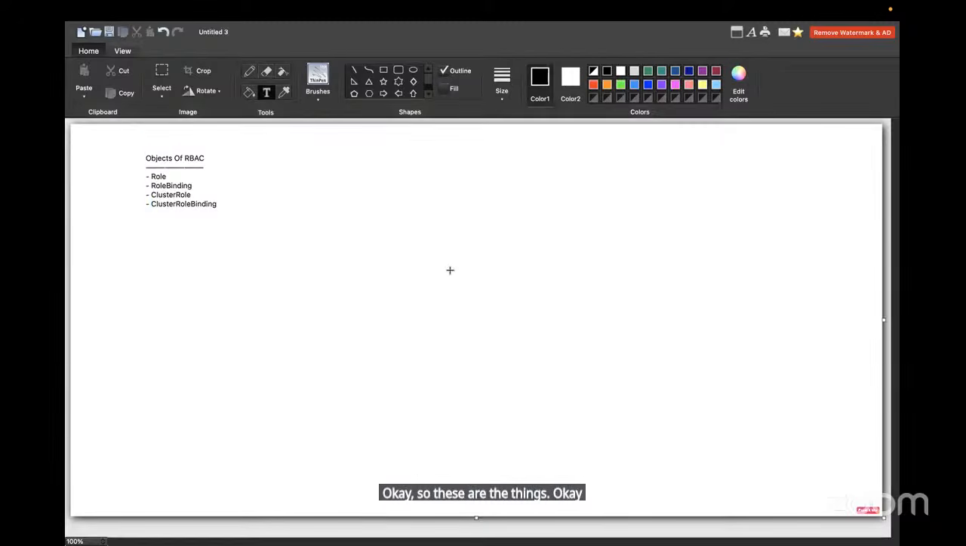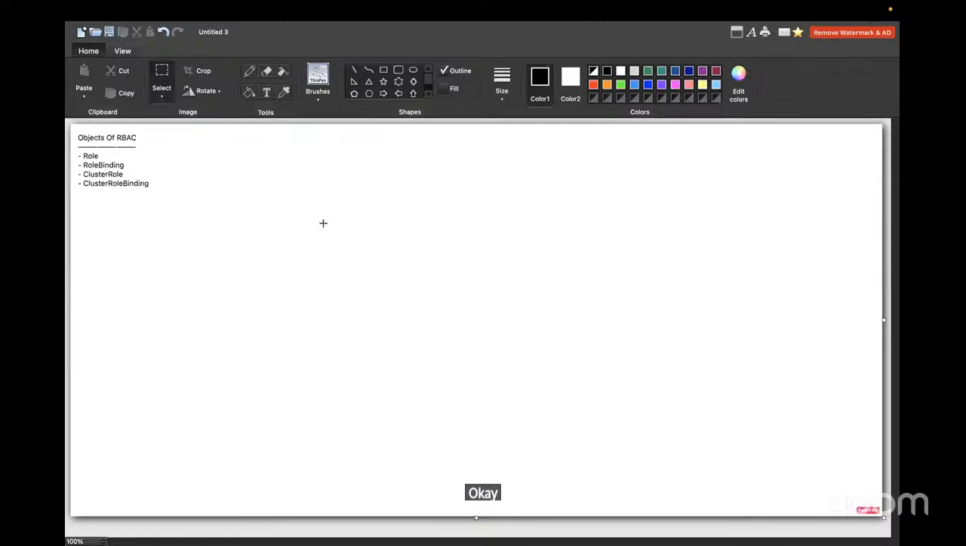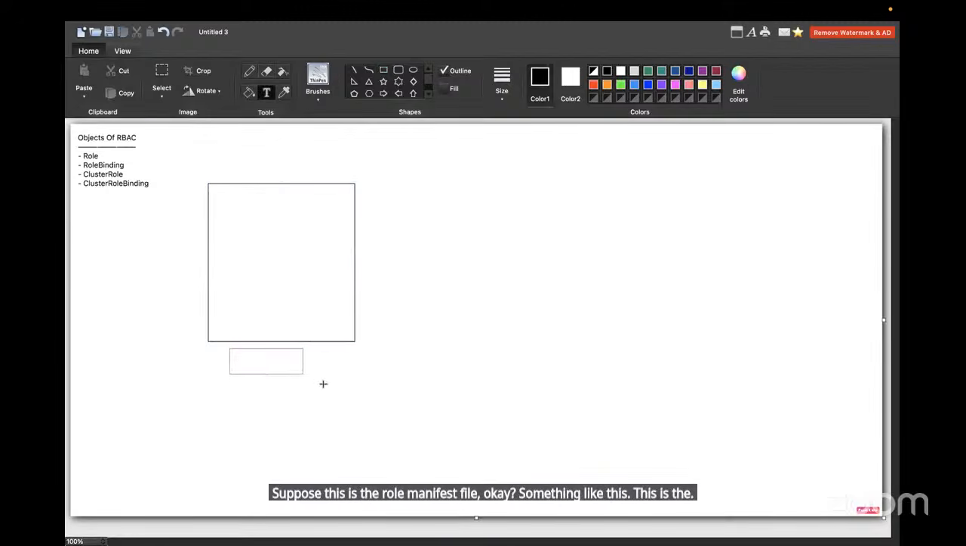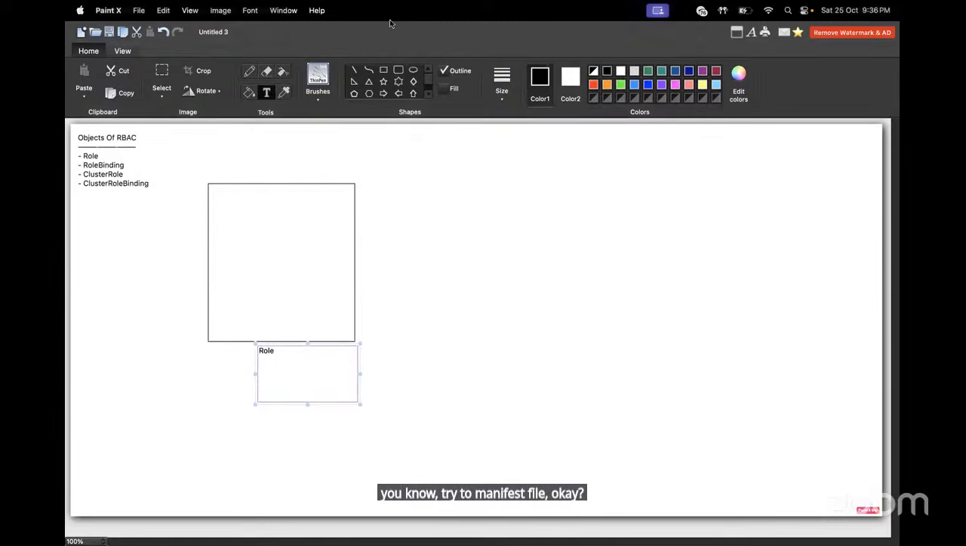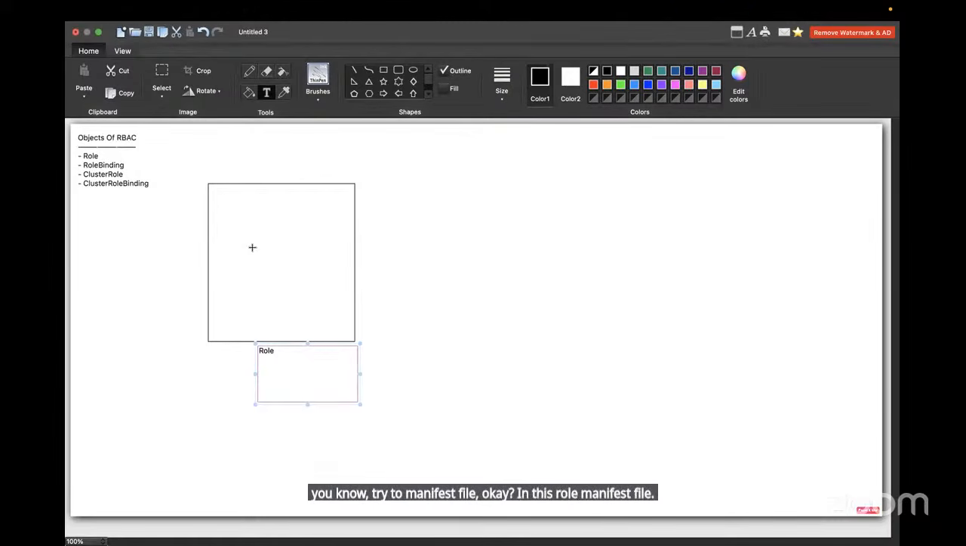Now also understand when to use role, what is role and what is cluster role. Here you will be writing a manifest file for the role. Suppose this is the role manifest file. Kubernetes is a combination of multiple things. One of the concepts is manifest files. In order to deploy something, you need to write a manifest file. In this role manifest file, what you are going to do is mention all the